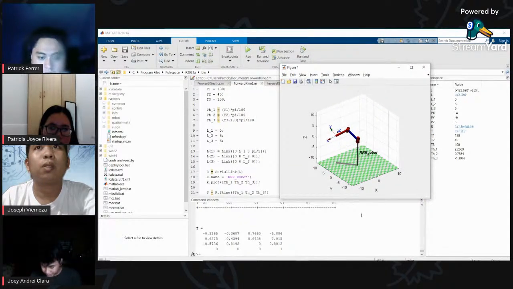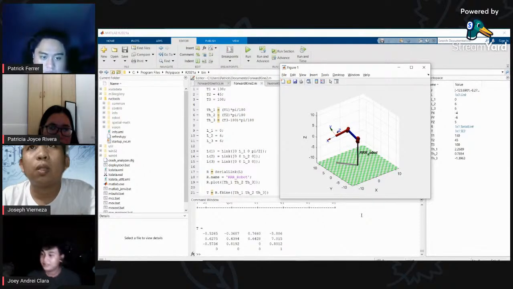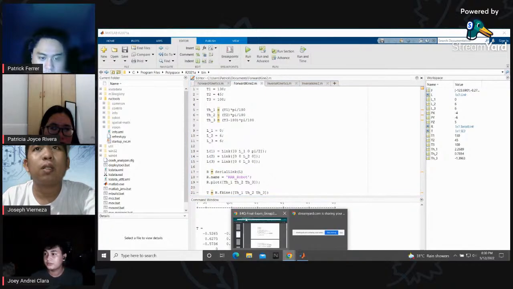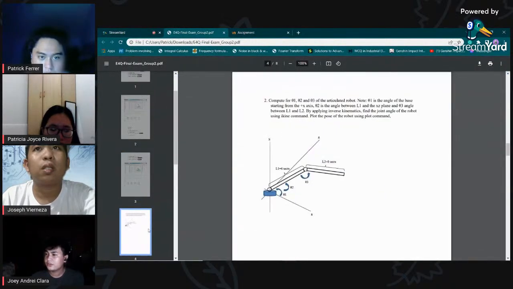The value of x in the simulation is negative 5.886. The value of y is 7.015, and the value of z is 0.812. In comparison, the value computed and in the simulation is the same. So for the second question,